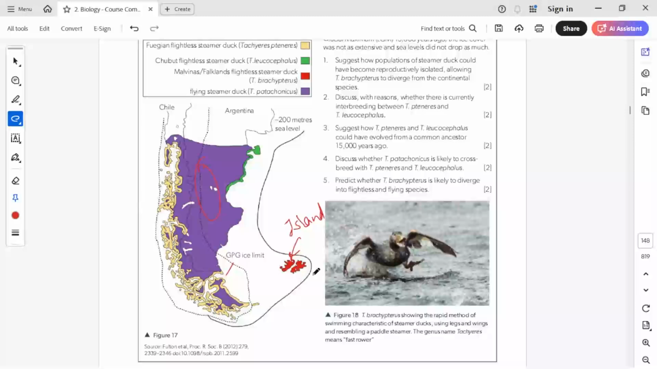So here they are only present in a particular area which is isolated from the others. That is because they are flightless. They cannot reach up to here and do the interbreeding or the crossbreeding here. So let's see what questions they are asking. Suggest how populations of steamer ducks...